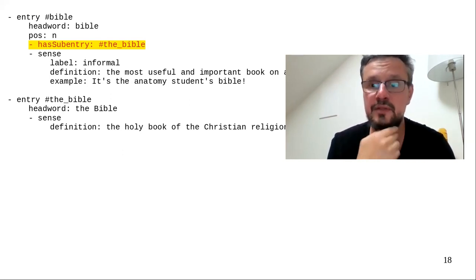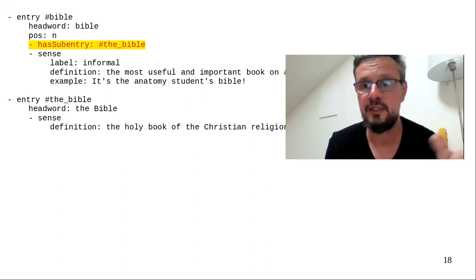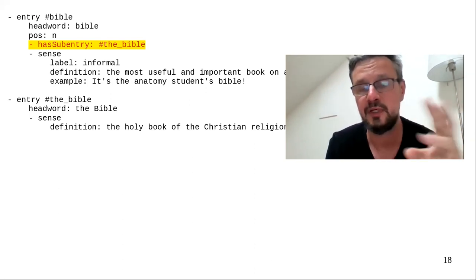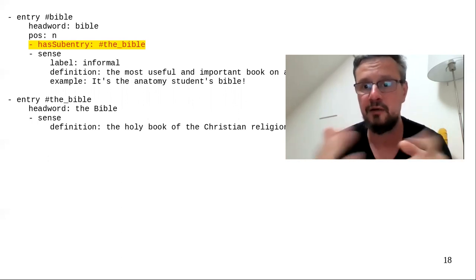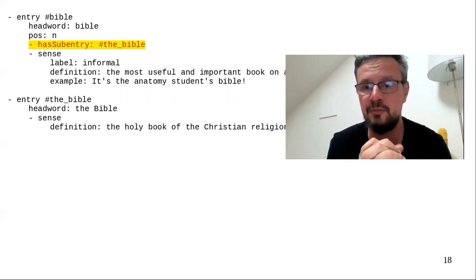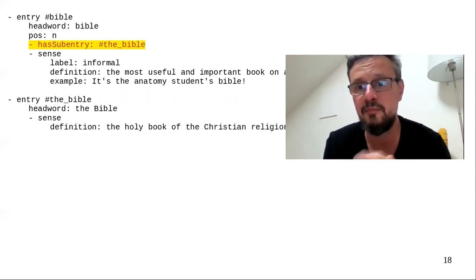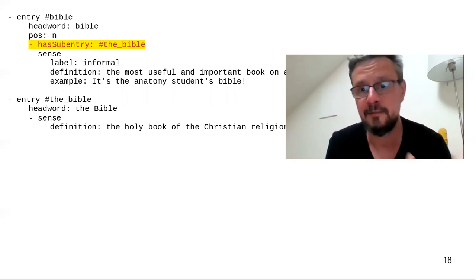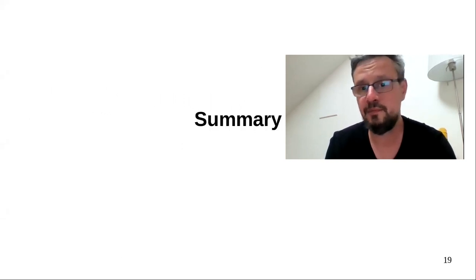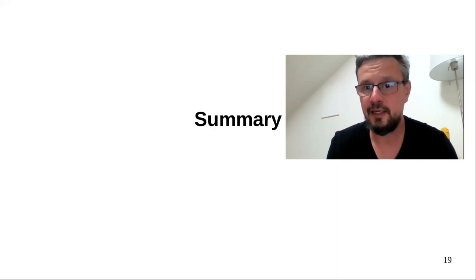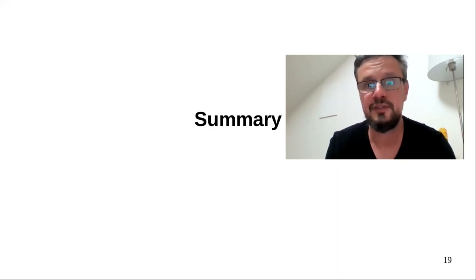So if you want to show the entry for Bible to a human user, it would be a good idea to do a bit of processing first and to reconstruct the hierarchy first, and then show the entry to the human user. So again, it's a trade-off, and in Lex Sigma, we have decided that we are going to prefer this relational remodeling of recursion and recursion-like things, because it makes the dictionaries more easily machine processable, even though it has some disadvantages for human readability. Okay, those have been my two proposals for re-encoding sub-entries and